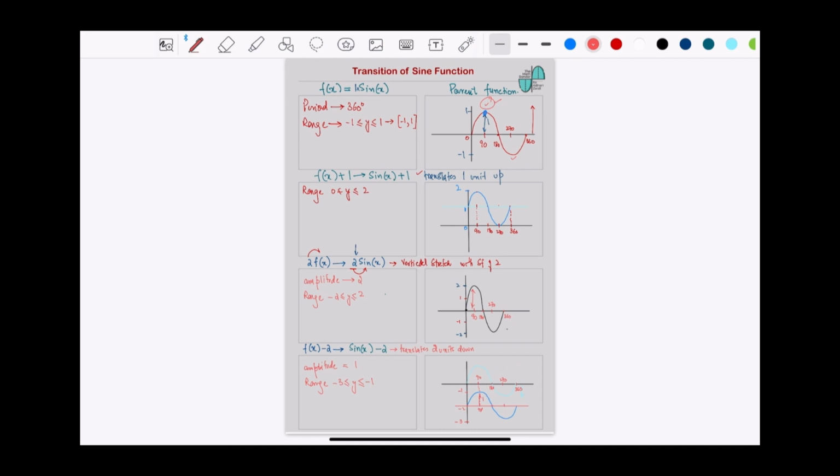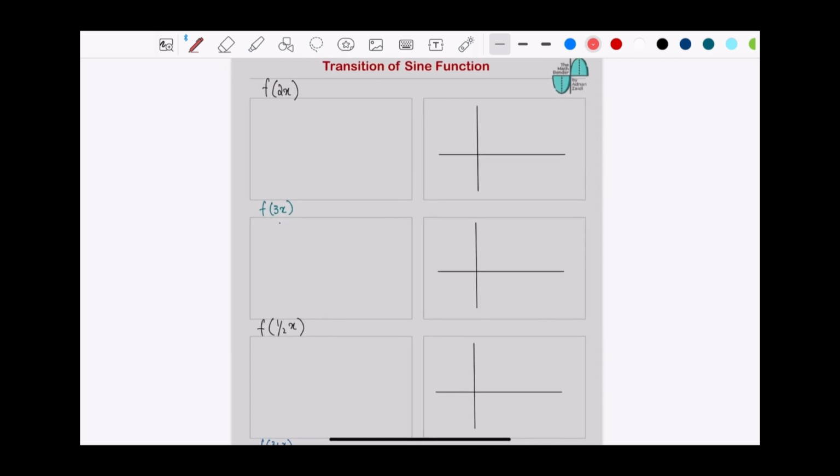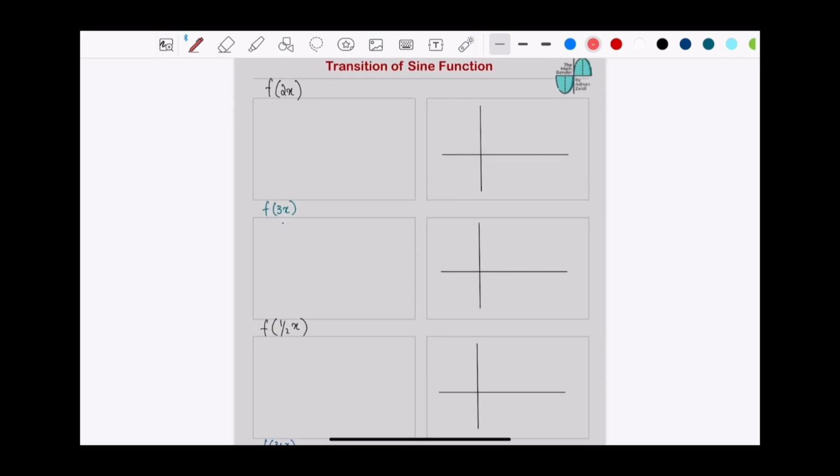Now let's look at some other questions as well. f of 2x. This is a bit complicated and needs more focus. So technically, f of 2x means, if I write sine 2x, this means that the graph